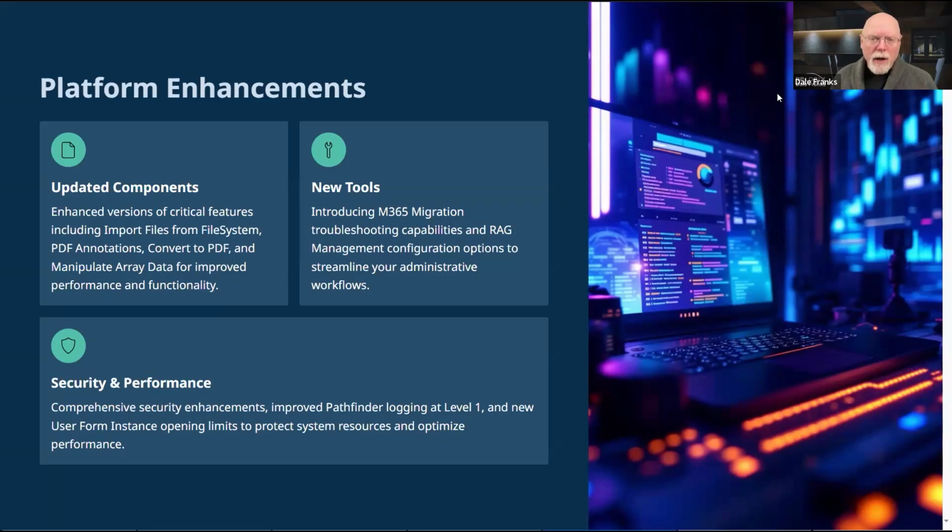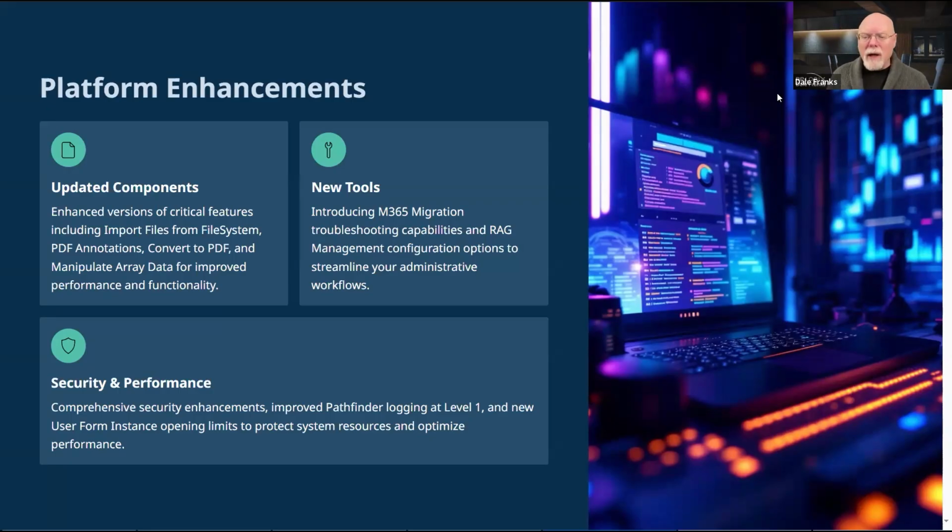Some security improvements. First of all, for Pathfinder, we're going to need some different logging and log types for Pathfinder and its operation. Much of what Pathfinder does is behind the scenes, and you're not going to want it as part of your normal logging. So we don't show you Pathfinder logs at log level 0.